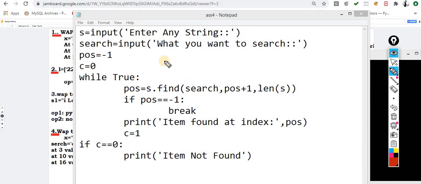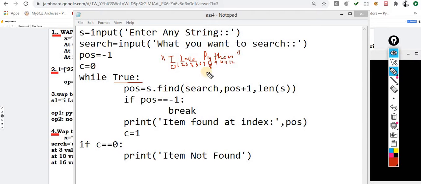Now observe carefully. So I take a string. The string is I love Python. Okay, that is my given string. So on 0 index this one, on 1 this one, on 2, 3, 4, 5, 6, 7, 8, 9, 10, 11, 12. These are my indexes for the same. So the while true loop is a continuous loop. It will not break, and it will keep working until this position double equals -1 occurs.